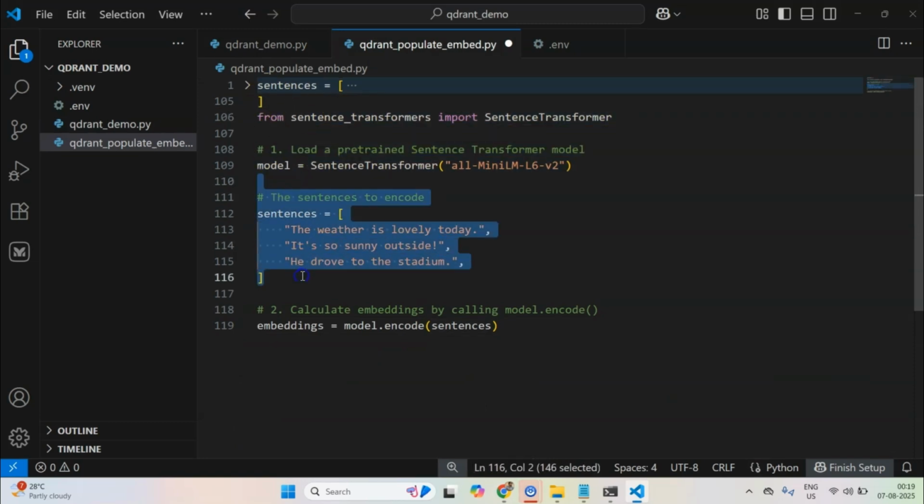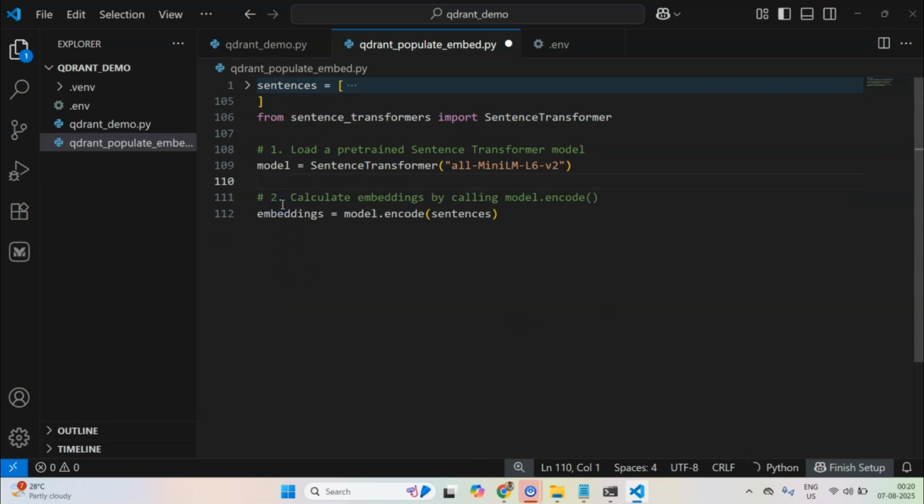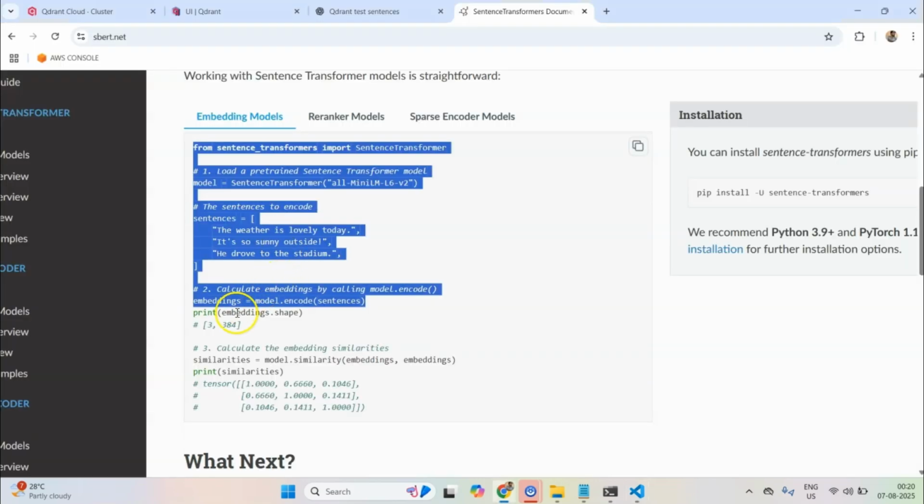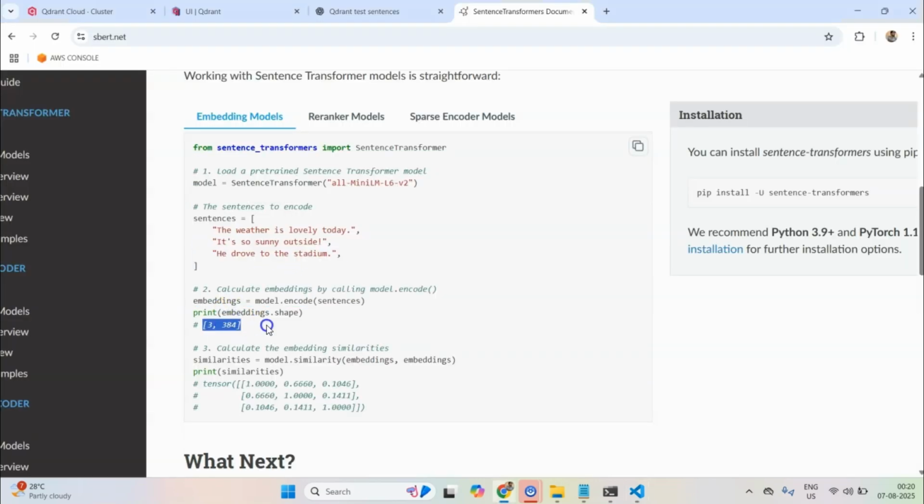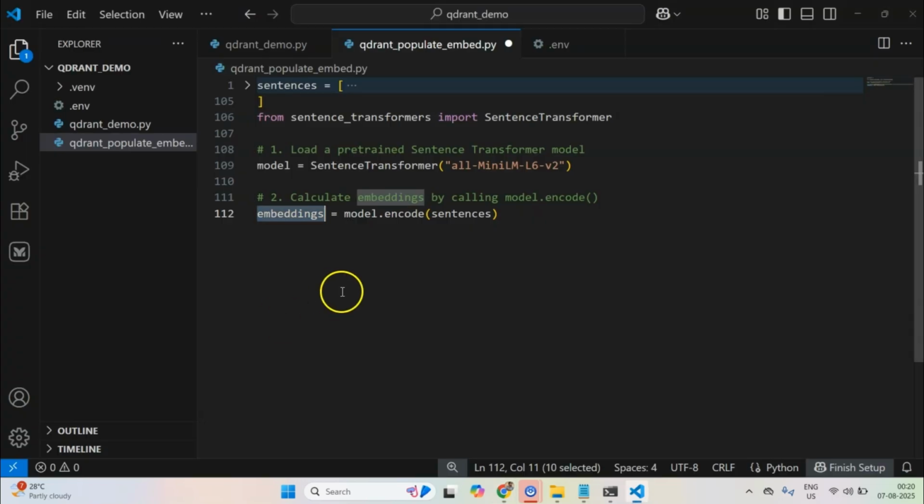Let me print it here, and I just need to remove the sentences. What will happen is it will load the model first of all, and it will encode, and since I have 100 sentences, it will return a 100 by 384 array.